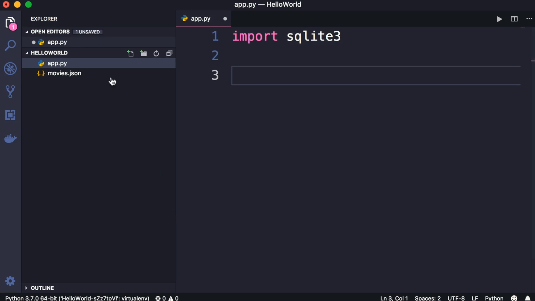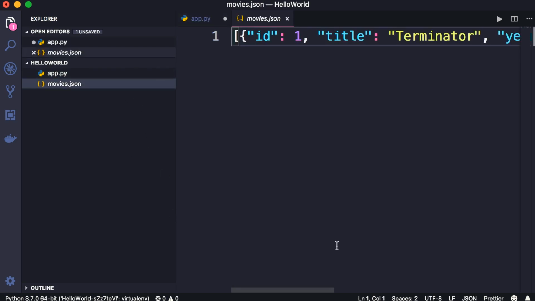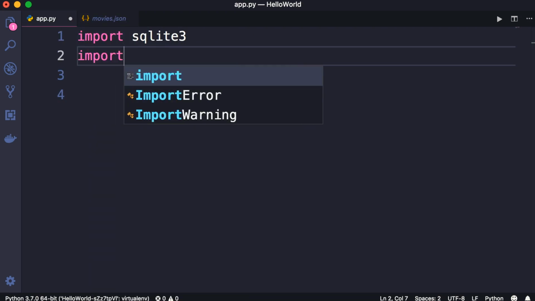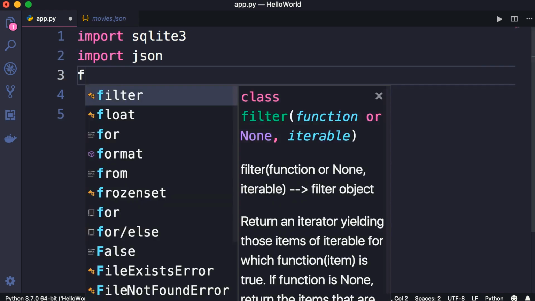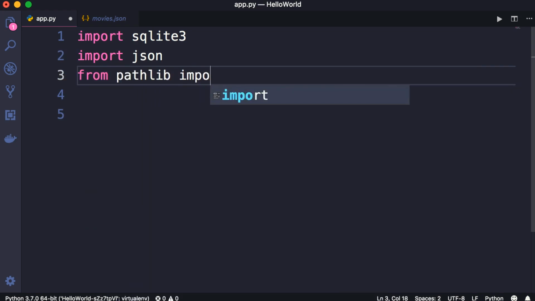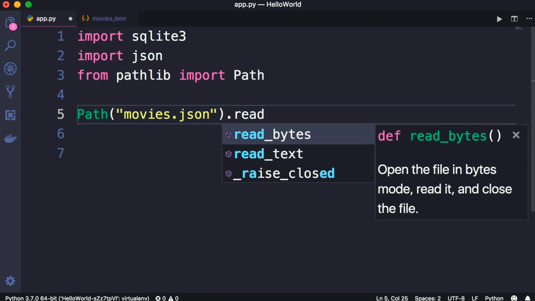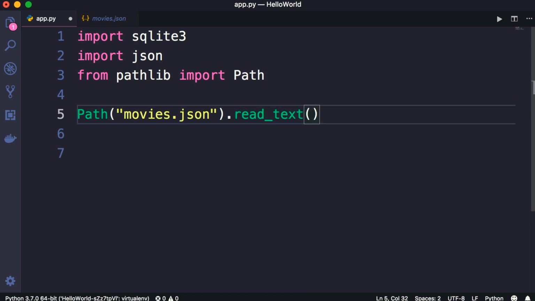Now, in the last lecture, we created this movies.json file. So let's go ahead, read all the movies from this JSON file and store them in our SQLite database. So back in app.py, we should also import the JSON module. And from the pathlib module, we should import the Path class. Now, we create a Path object to load the movies.json file, read all its content. This will give us a string, so we can pass that to json.loads, and this will give us the list